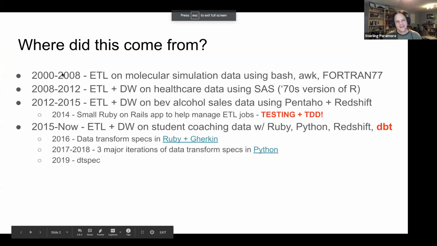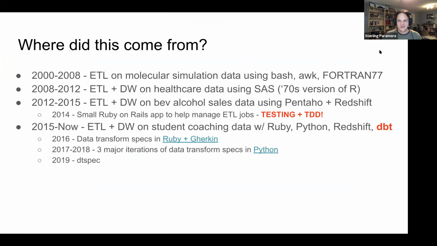I've been doing ETL style work for a long time. In the early 2000s, I used to be a computational chemist, so we would generate a lot of molecular simulation data and had to do a lot of ETL on it. At the time, it was a lot of bash and awk scripts, and then when we had to get really fast code, we would write things up in Fortran.